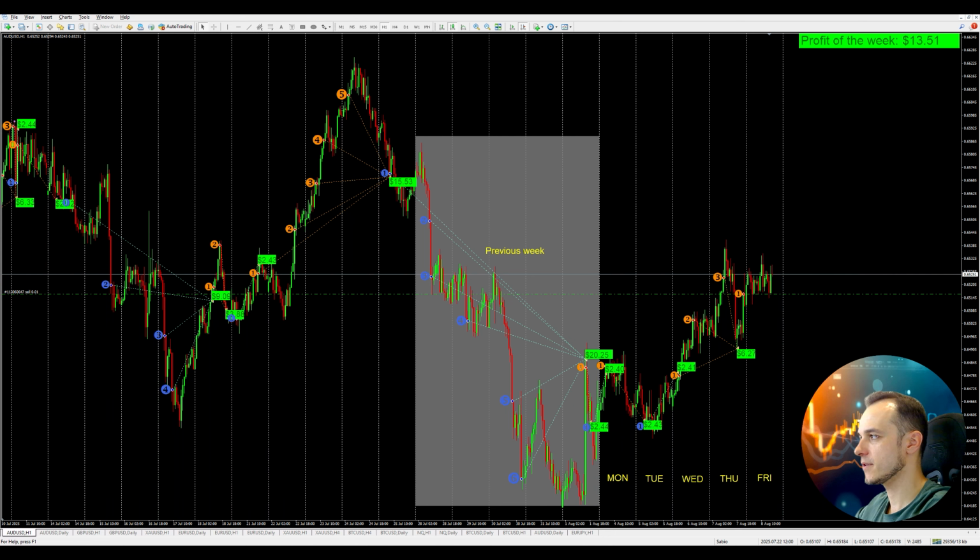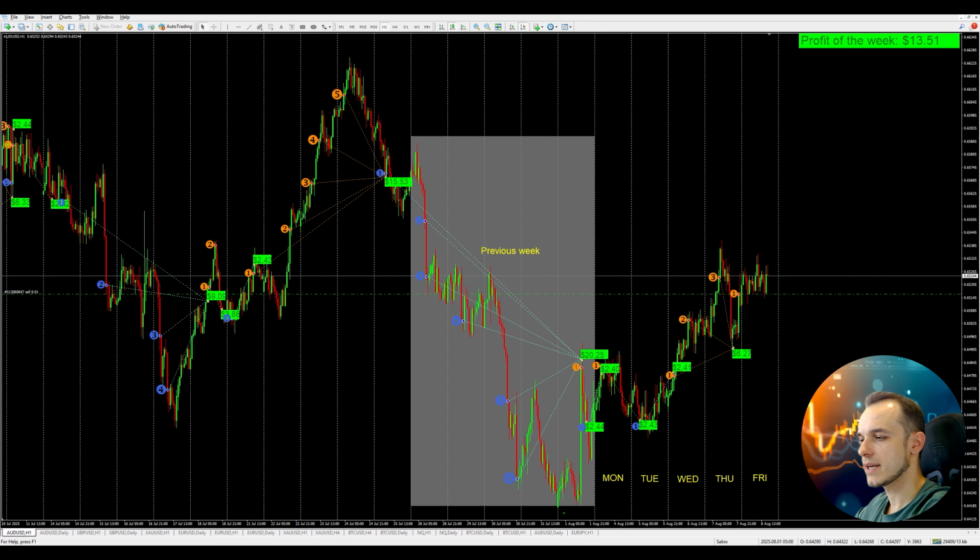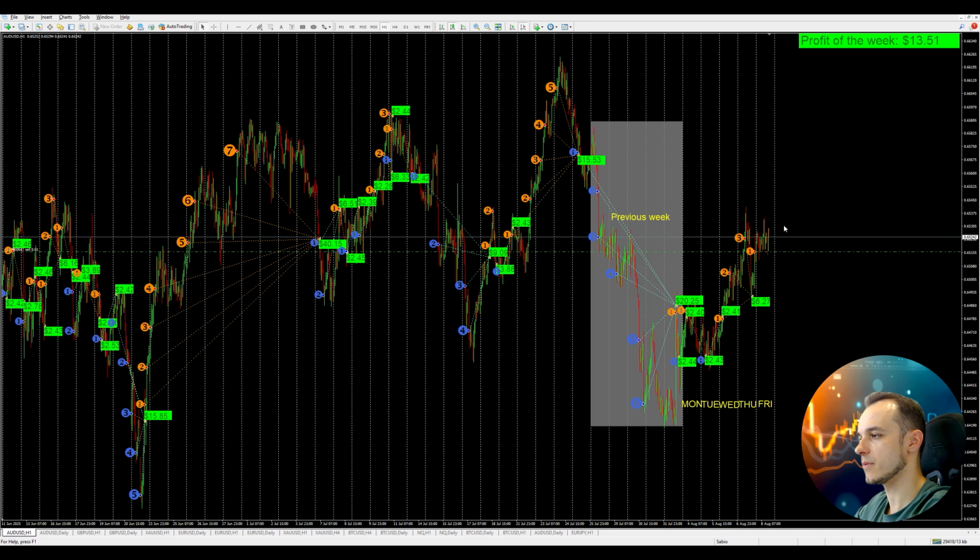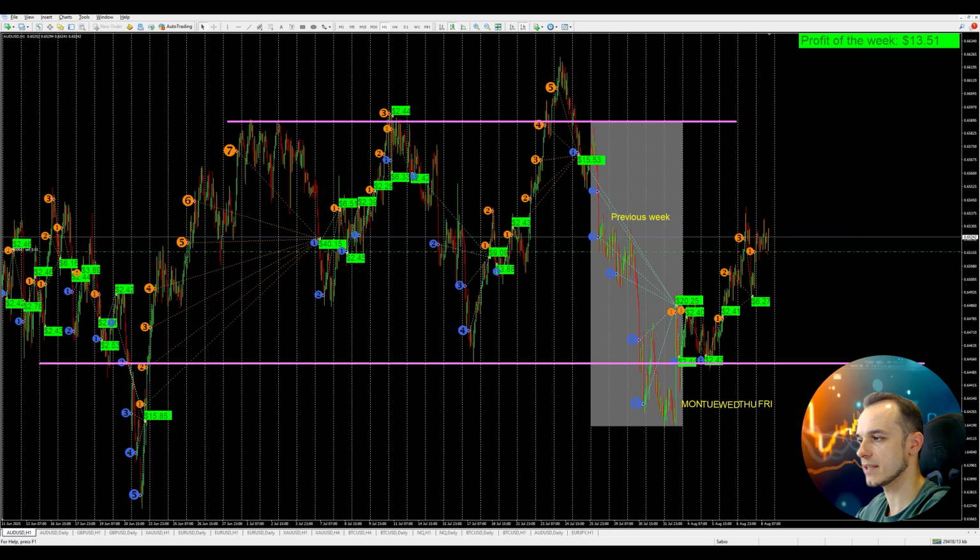We start from the first currency pair, Aussie USD. We are on an hourly time frame. Each vertical line separates one trading day, and with the gray rectangle we highlighted the trading area of the previous week. As you can see, this week market started to grow, but still, if we look at the picture more globally, we can see that we are still in the frames of the consolidation. So there is no definite trend, and we can see that we are moving towards the middle of this price